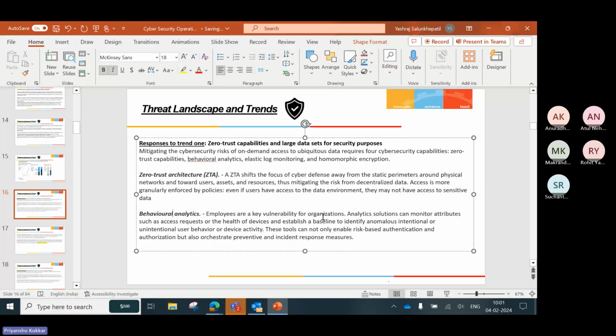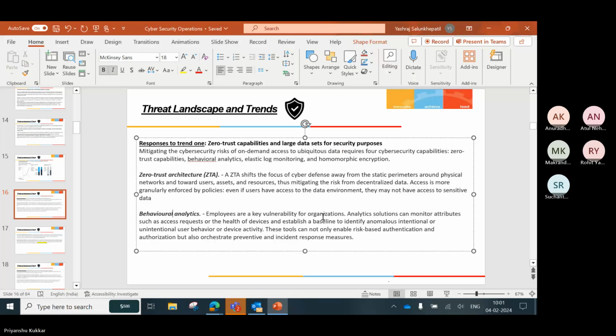So employees are a key vulnerability for organizations. Okay, remember this sentence, that employee is the weakest link in an attack, ठीक है। Firewalls, antiviruses, endpoint security tools, anything security related is always stronger than an employee, ठीक है। So the weakest link in a cyber security attack is always going to be a human. It is always going to be an employee. If I had to attack, the first thing I will be going after is an employee and not some software or a tool, ठीक है।